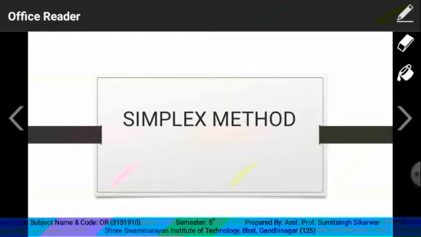In the graphical method, the inequalities are assumed to be equations, and after that, this will enable us to draw the straight lines. But in the case of the simplex method, the inequalities are converted into equations by either adding a slack variable in a maximization problem or subtracting a surplus variable in the case of a minimization problem.